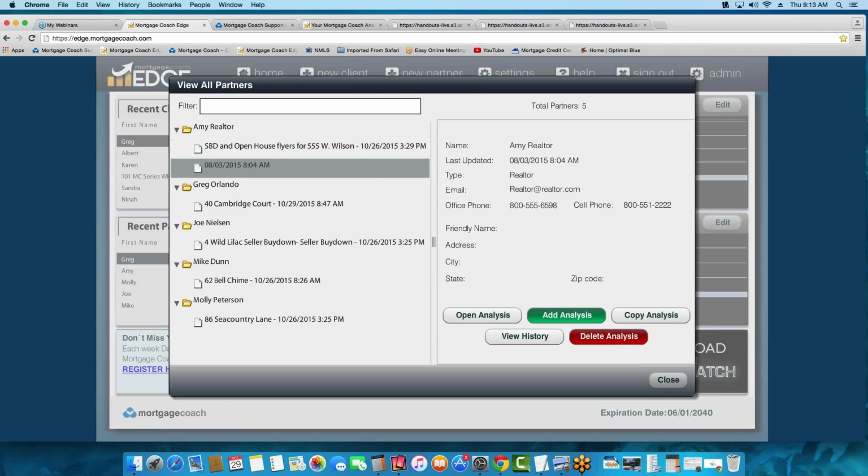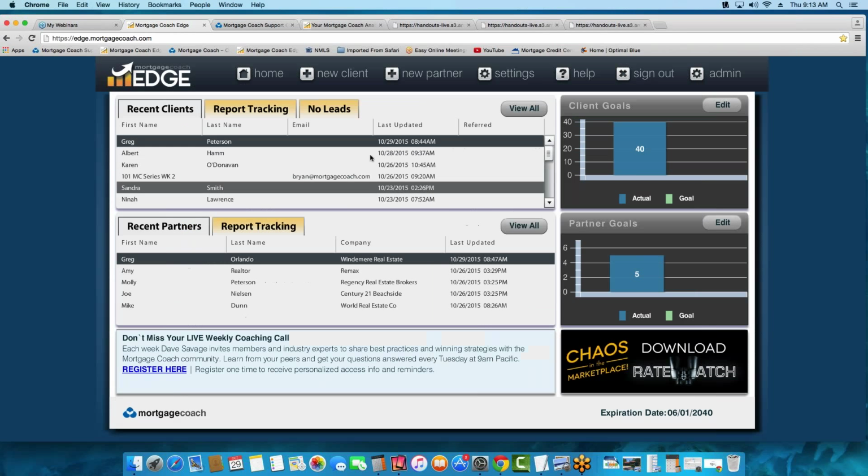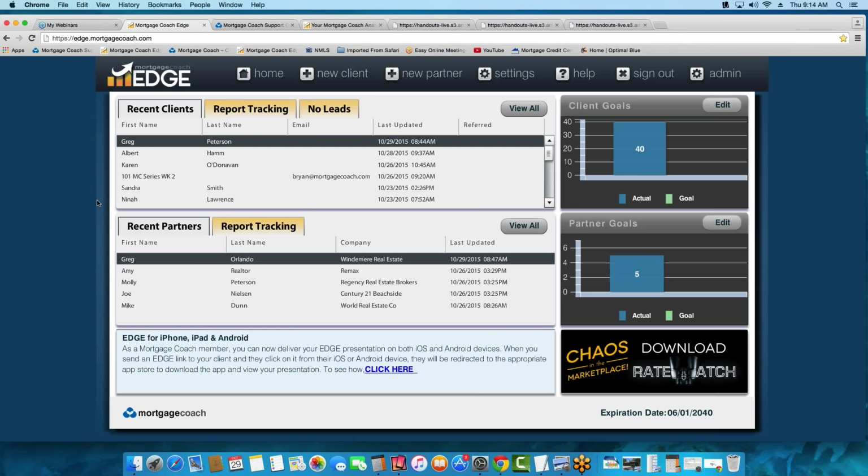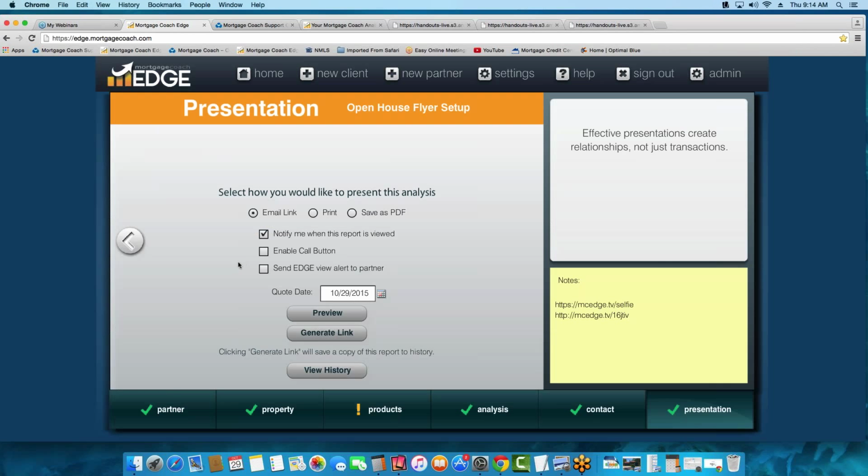So now let's start going through our open house presentation. So I'm going to press Close here. To start the presentation, you would want to click on New Partner, and that will start an open house presentation or a seller buy down. When you click on New Client, it does the TCA and the rent versus own. So I'm going to start with a file I already have created. So I'll click on Greg's